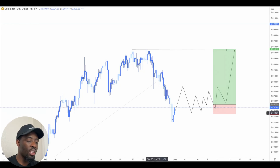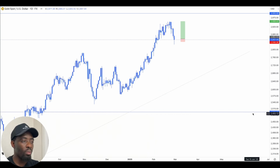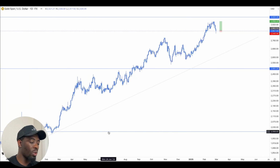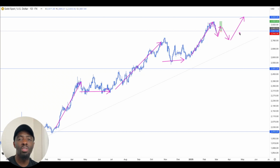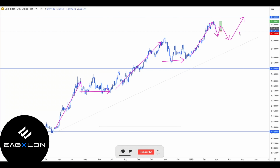And look at this on the daily time frame as well. How has price been moving? There's an impulse, correction. There's an impulse, so you could see this happening. You get a correction as well, so you can see prices moving to the upside. So gold might give you sales compared to the other pairs, and that's why I'm a little bit skeptical